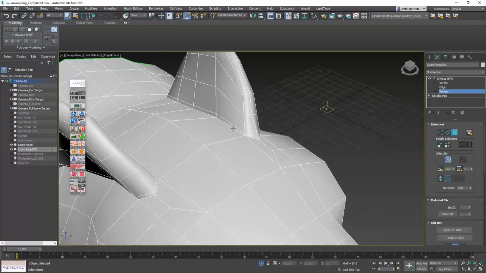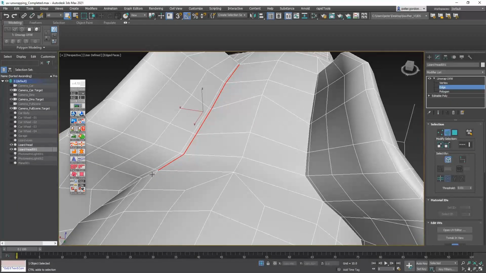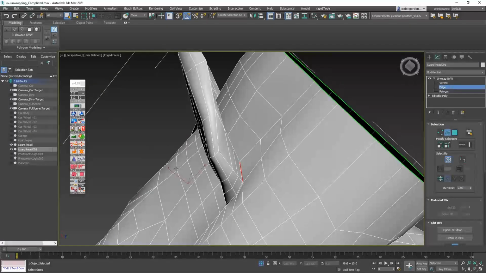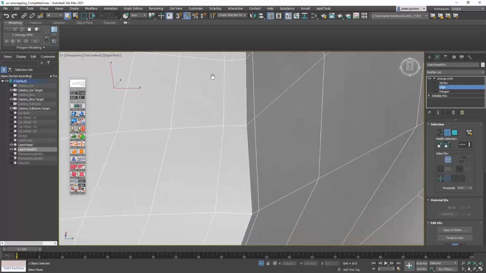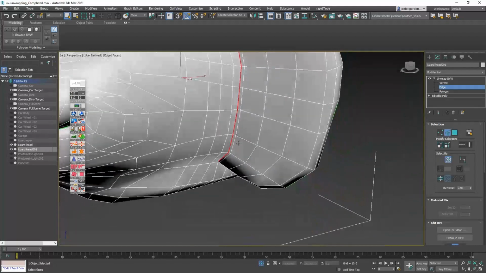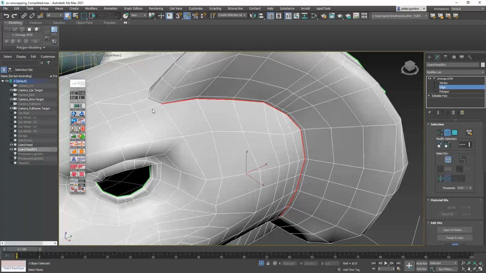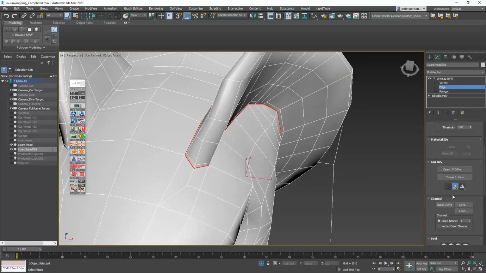Or we can do edge selection, double click to go around, and it will select all the way around to here. Hold down Control, double click. I'm drawing this edge, so everything in red. Make sure that we get the right one here. Going all the way around, like so, joining it up, like so. Okay, so we've got that, and I'll make that into a